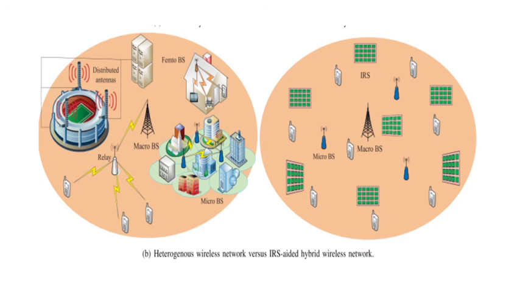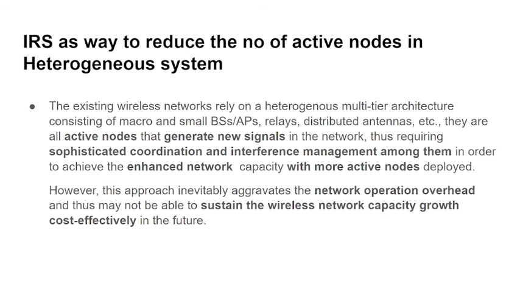Heterogeneous wireless network versus IRS-aided hybrid wireless network. IRS has a way to reduce the number of active nodes in heterogeneous systems. The existing wireless network relies on heterogeneous